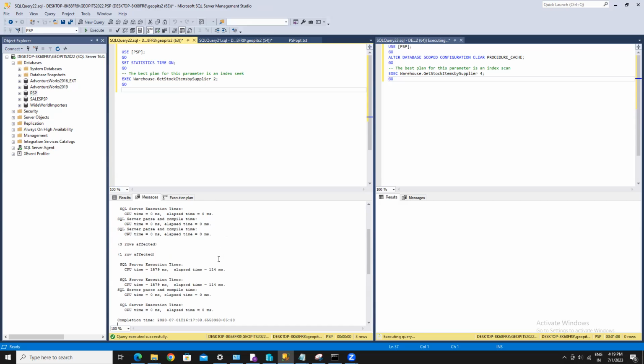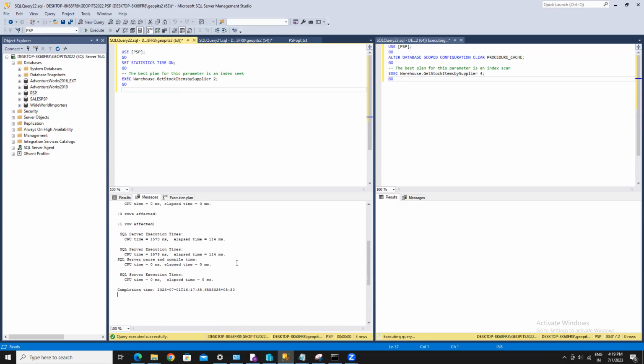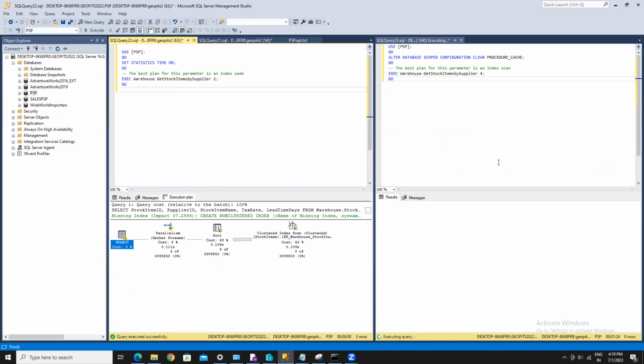Before it was like a 3 millisecond execution, and after the execution it was like 140 milliseconds. Probably it will take around 3 minutes for another.